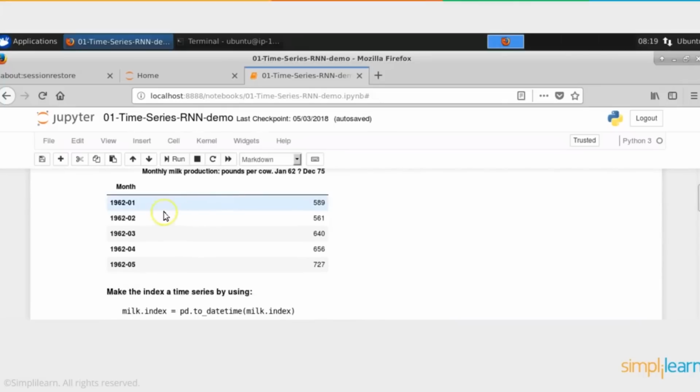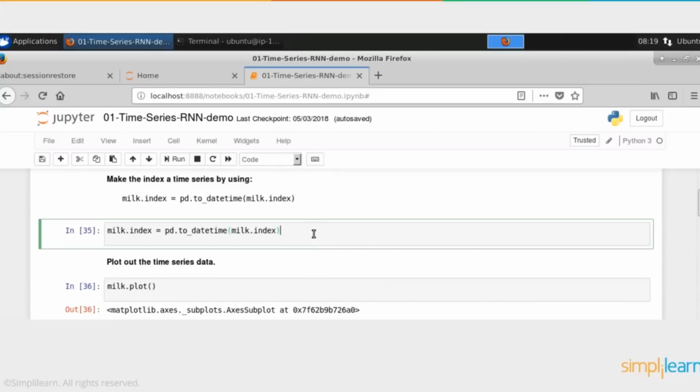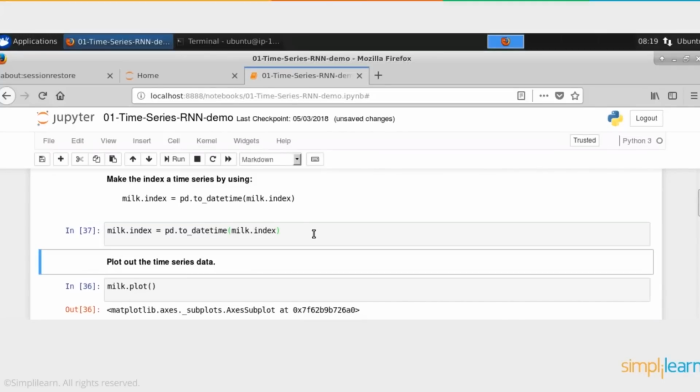The initial 5 records that we get, 1, 2, 3, 4, 5, that is the head. So it goes from 1962 January to 1962 May. Once we reindex, we basically need to split this into months separately. So that's what we are doing here, date to time. So we do a little bit of reindexing, and then if we plot this, this is how